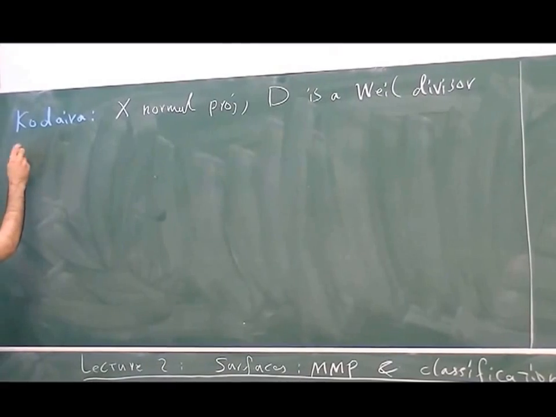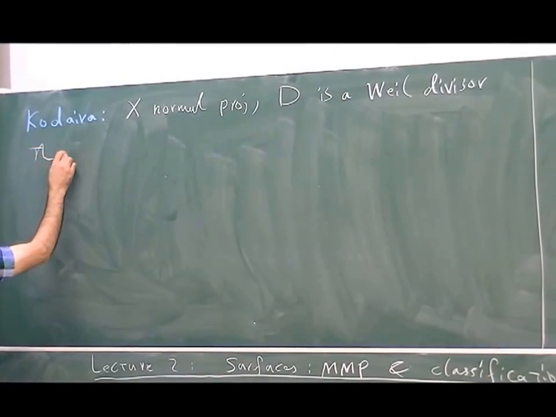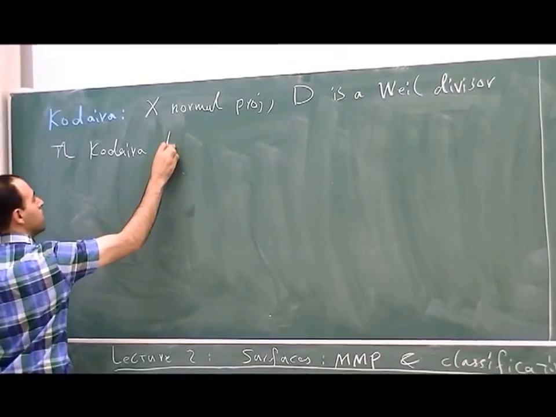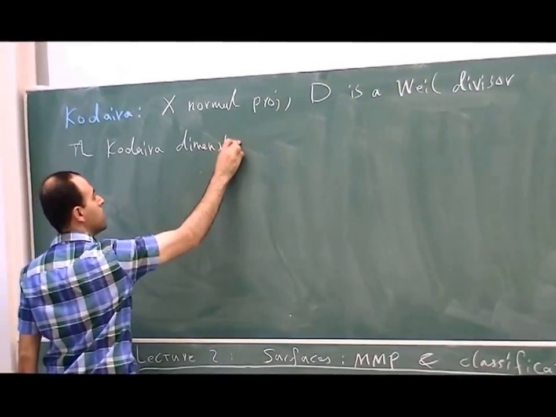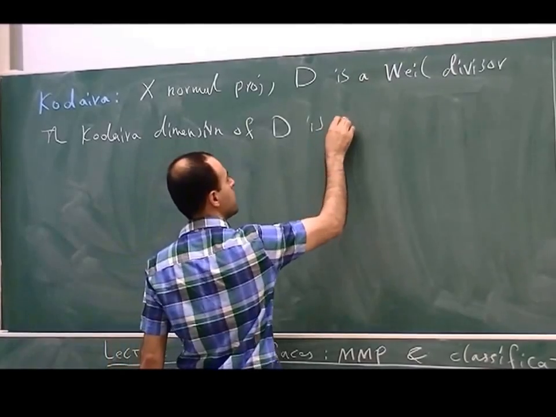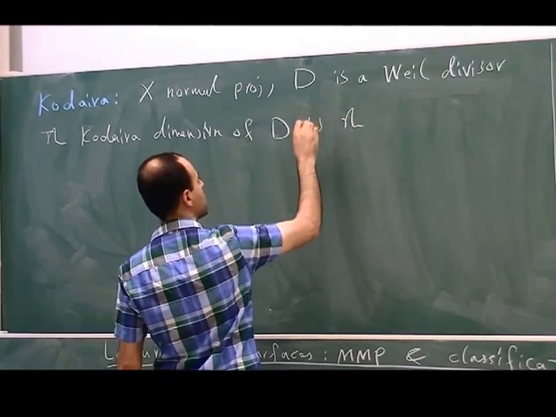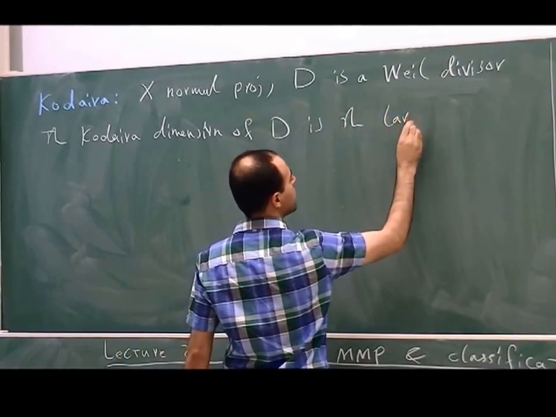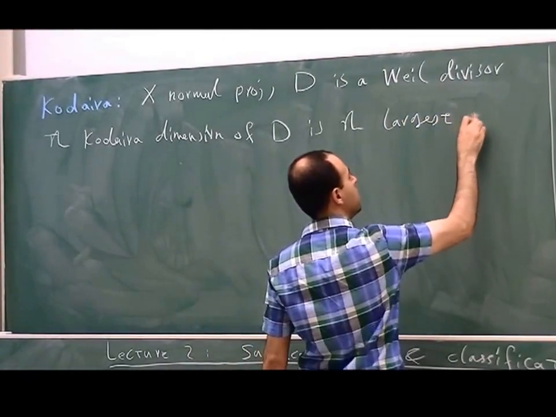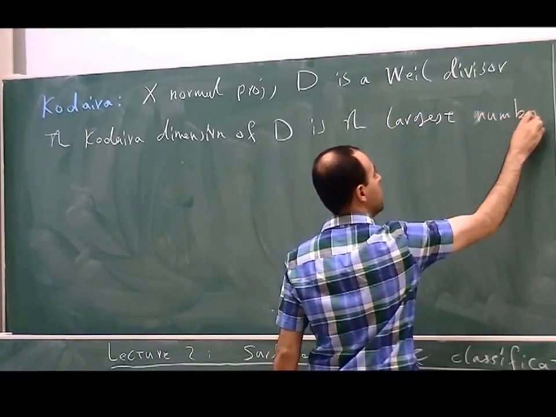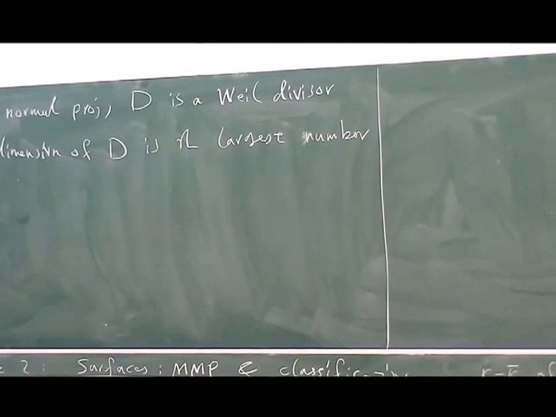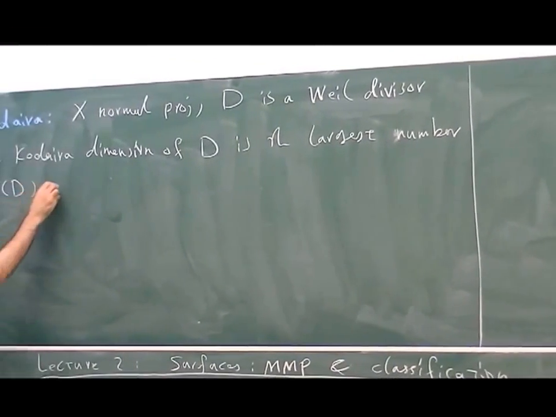Then I define the Kodaira dimension of this divisor. So this is the smallest, or the largest number, we will denote it by kappa of D, such that